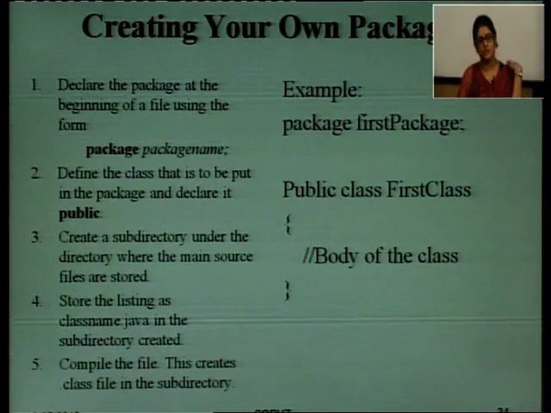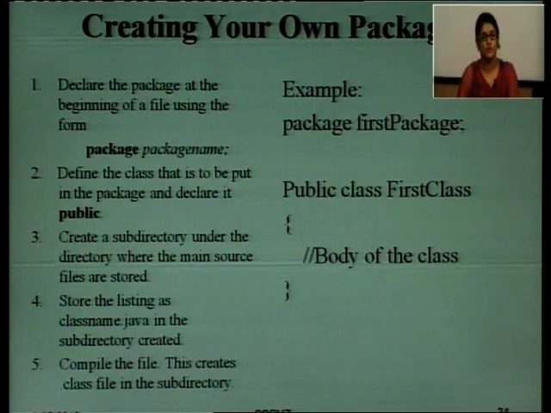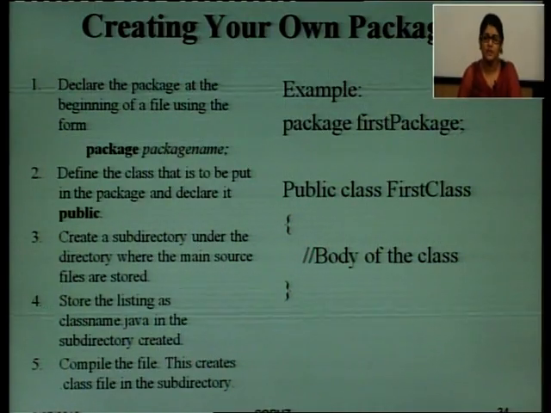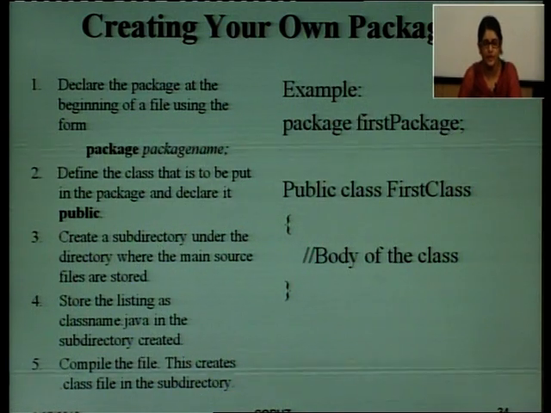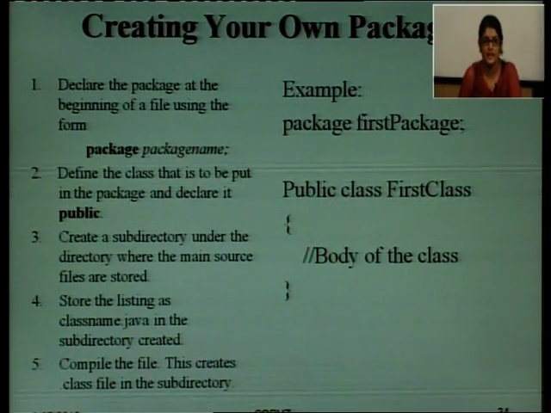Next is how you can create your own package. What are the steps to create your own package? First of all, declare the package at the beginning of a file using the form package name. Note that whenever you are using packages in your class, either you are defining a package or you are importing some package, it should be the first statement in your program. Before writing the class, you need to specify the package statement. So, first of all, declare the